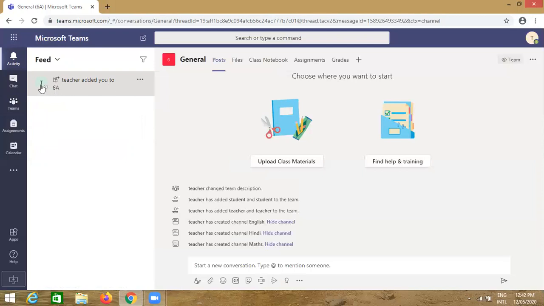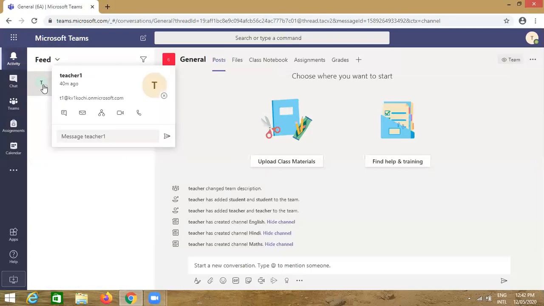Who has added you? You can check here. See, teacher 1 has added you 40 minutes ago. You can send a chat or a message to him from here, and you can have a video call from here, a telephone call from here, or you can just message from here and send from this side.